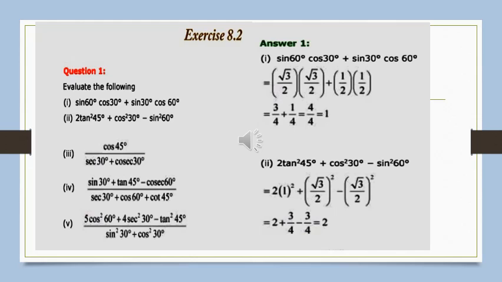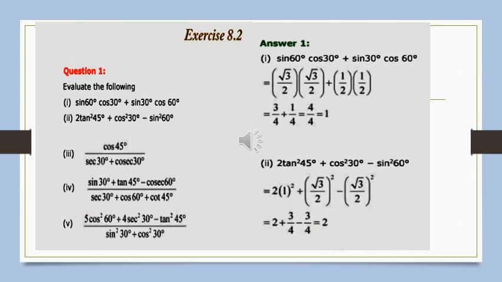See here, first example. In this you have to find the value of sin 60 cos 30 plus sin 30 cos 60. So what you have to do? You have to observe the table, substitute its corresponding values and then solve it. You will get the answer as 1. Means sin 60 equals root 3 by 2, cos 30 equals root 3 by 2. Multiply both, you will get 3 by 4, plus 1 by 2 into 1 by 2, that is sin 30 cos 60. Substitute this value and simplify it like you do in numerical calculation. You will get the value as 1.